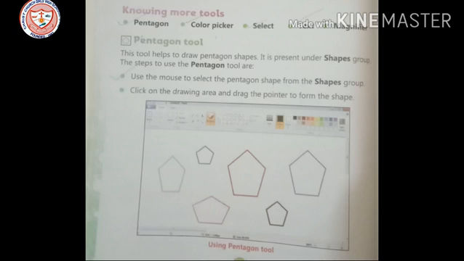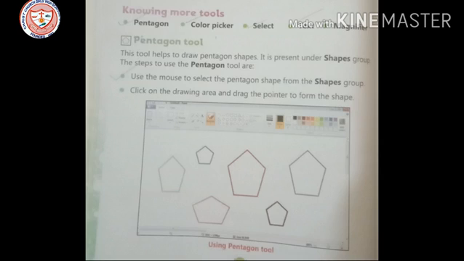What are the steps to draw the pentagon? Use the mouse to select the pentagon shape from the shapes group.